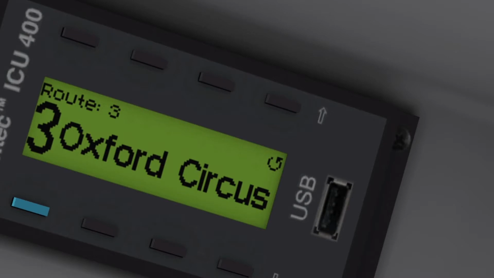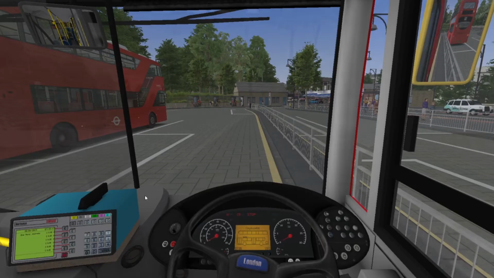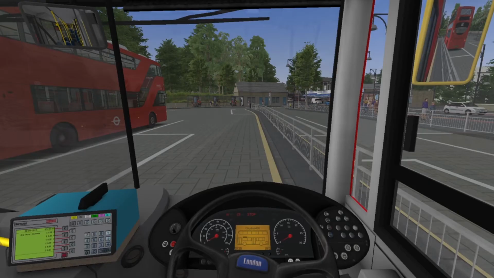Okay, so we're in the seat. Okay, get in the seat. Alright, now, time to start the engine. Just hold M. Now what we need to do now, we need to go over to our menu, which will be off your screen. You select the route, which is number 3. Select a random shift. And the next one that we can do,